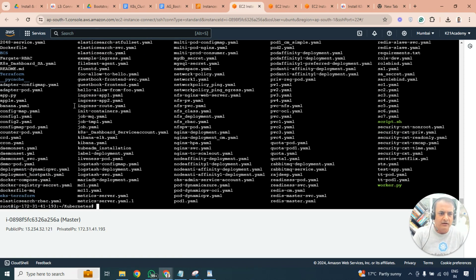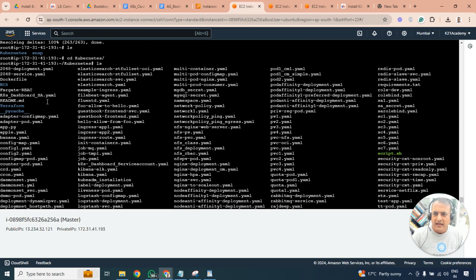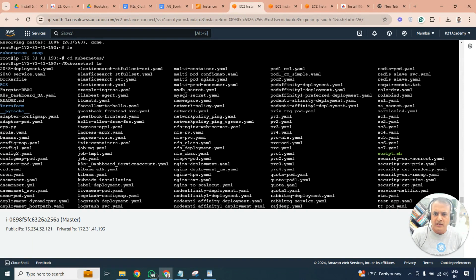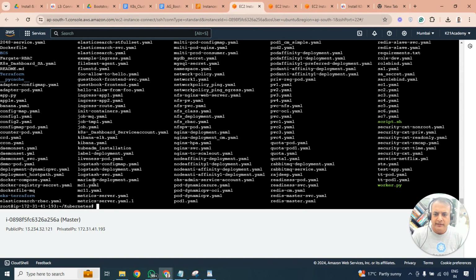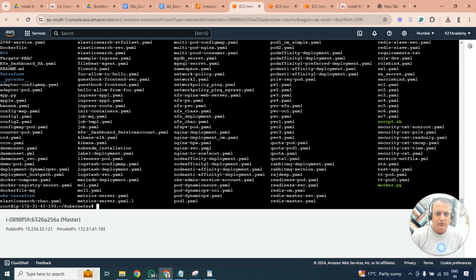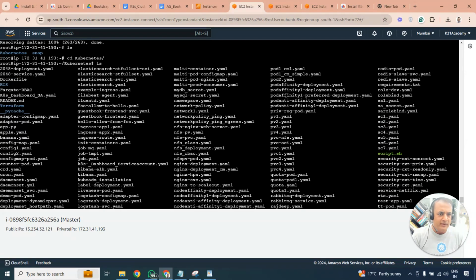That's where you're going to use in later applications. These are, as the name suggests, Dockerfile related, ECS related, Terraform related. These are YAML files related to config maps, daemon sets. Lots and lots of things we are going to do: guestbooks, Fluentd, ELK stack, Kibana, metric servers for auto scaling, and horizontal pod auto scaling, NFS, which is persistent volumes, node affinity, pod dynamics, persistent volume claims,